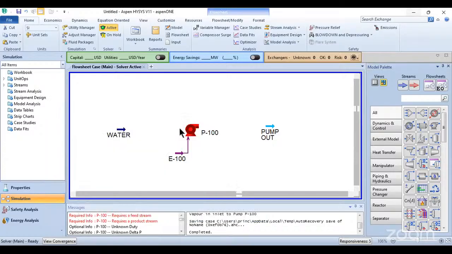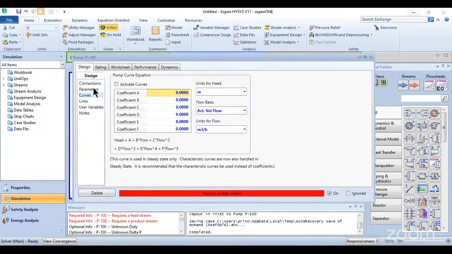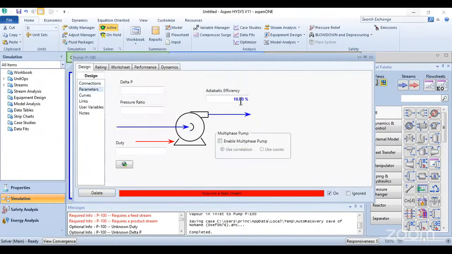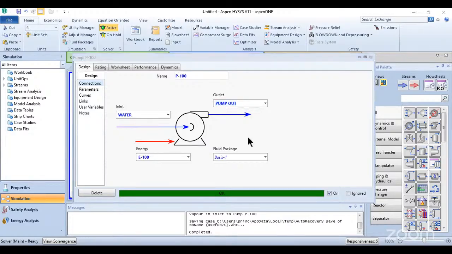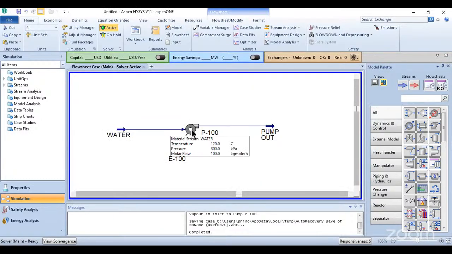Okay, I've seen where the error was coming from. Double click on it again. My parameter, I'll select this 10-degree efficiency. Input is water, output pump out. Now it has calculated. The reason I was getting an error before, like I said, is that a pump is used